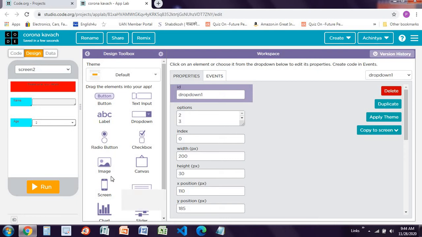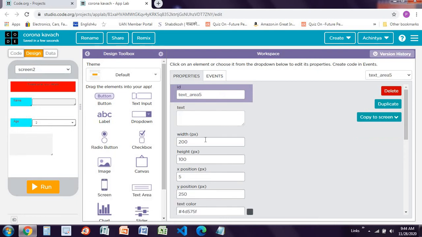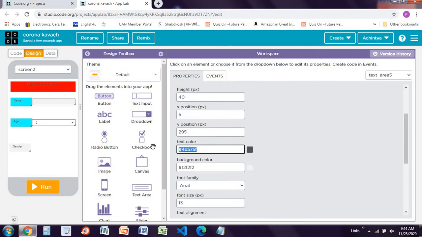Now we have to drag and drop one more text area and make this width 100, then this one also height 40 like this, and make this as gender like this, and again text color should be brown, and this one should be the color that we used like this.